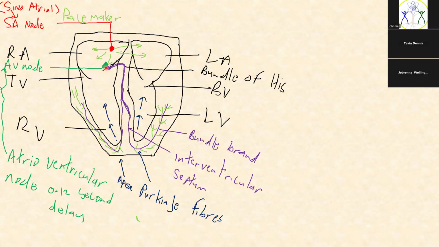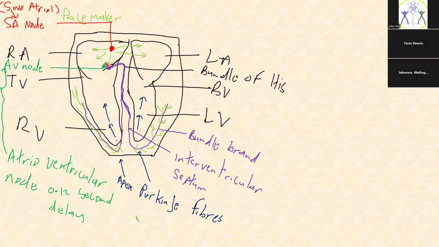When the AV node receives a signal, there's a 0.12 second delay before it does anything. Why is there a delay? I can now explain why. Because you need time to fill the atria with blood before you do anything else. You don't want the ventricles to contract empty. So the 0.12 second delay is enough to squirt the blood from the atria into the ventricles, get the ventricles ready now to contract. Then after that 0.12 second delay, you send that signal now down the bundle of His,